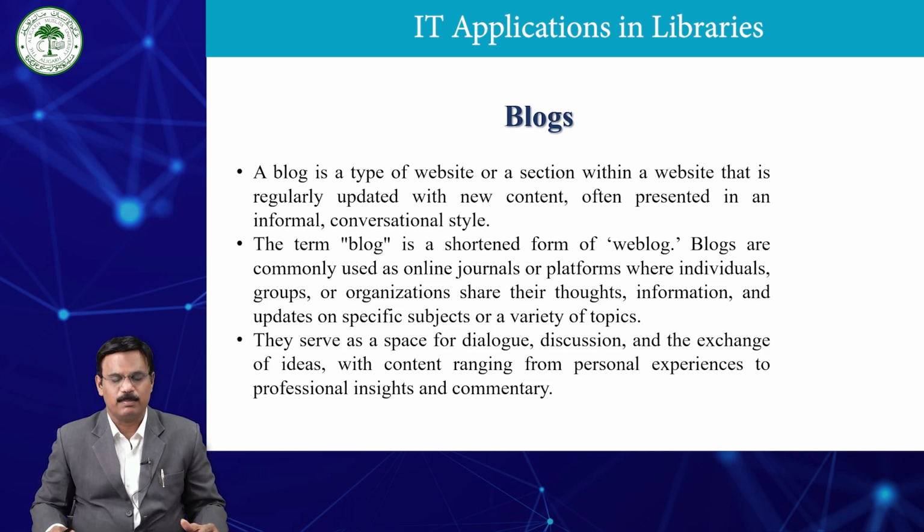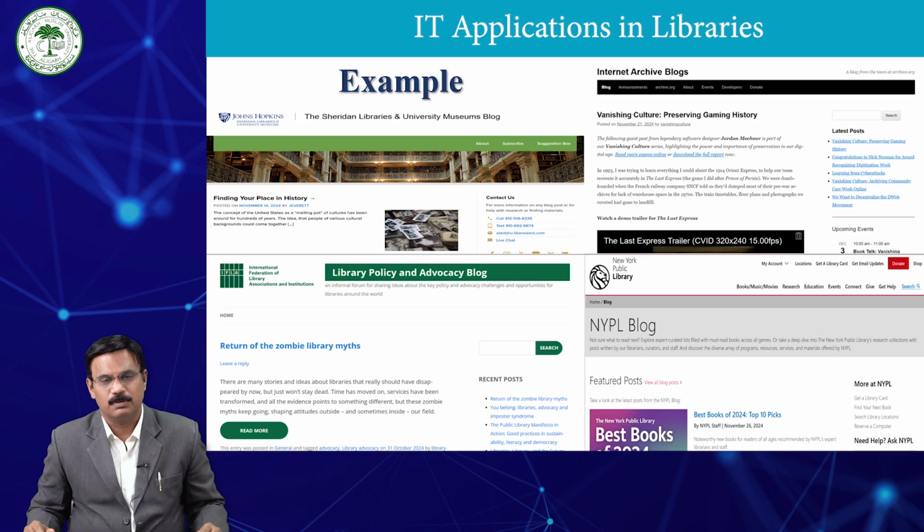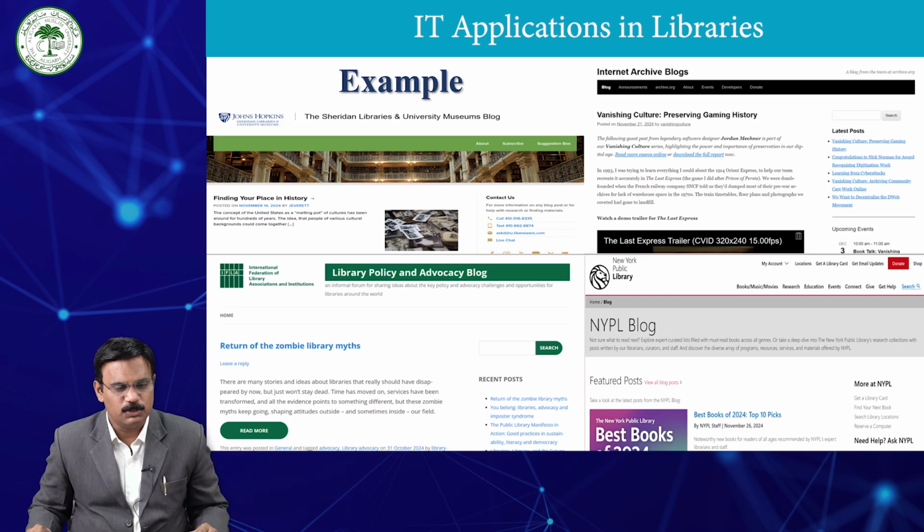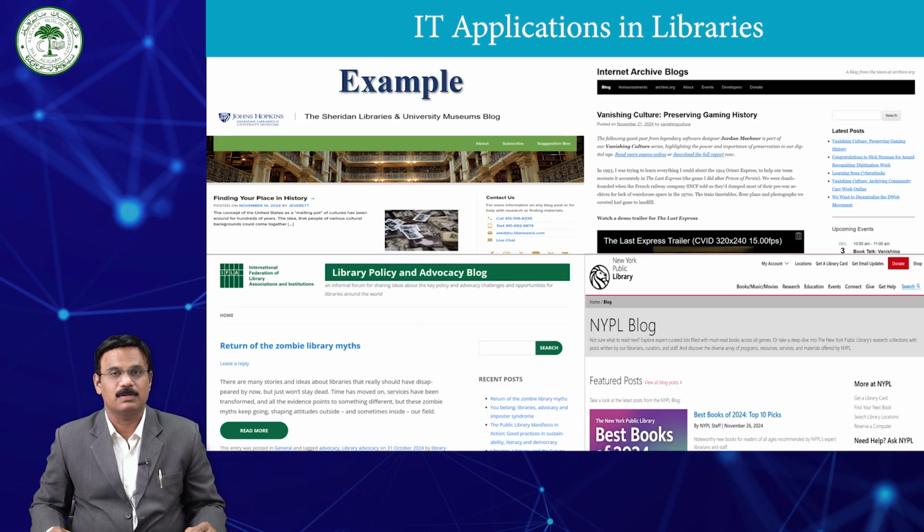Some of the examples of active blogs being used in the libraries are the Johns Hopkins Sheridan Libraries and University Museums blog. It is visible on the screen. And you will also have Internet Archive blogs, New York Public Library blogs, etc. So you can have access to all these blogs, and you will have more idea about how libraries are utilizing